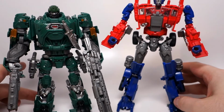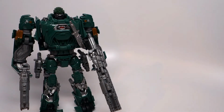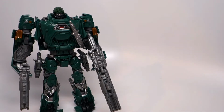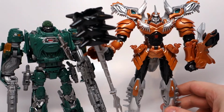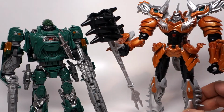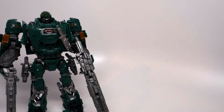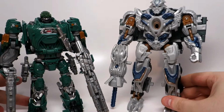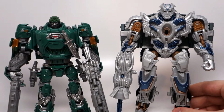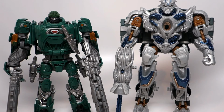So, like I was saying, he is really short. Let me grab the other Voyagers I have. Here he is with Grimlock. And Galvatron. So yeah, he is shorter than all three of the other Voyager figures that I have,